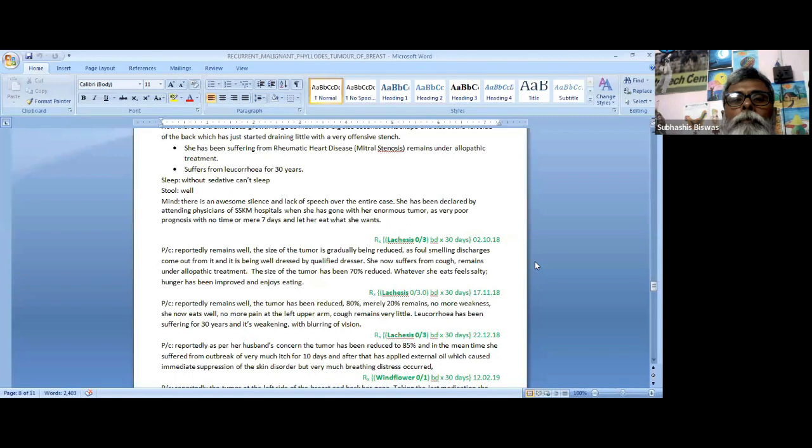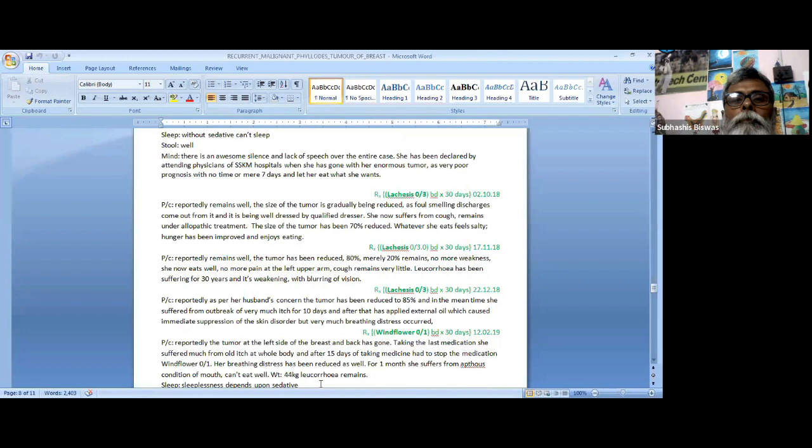She used to take some sorts of medicines from SSKM PG Hospital, Kolkata. The size of the tumor in 1 month reduced 70%, as you can see, I have mentioned. Whatever she eats now feels salty. Her hunger has been improved. That time she was not eating well, and she now enjoys eating, but everything she eats feels